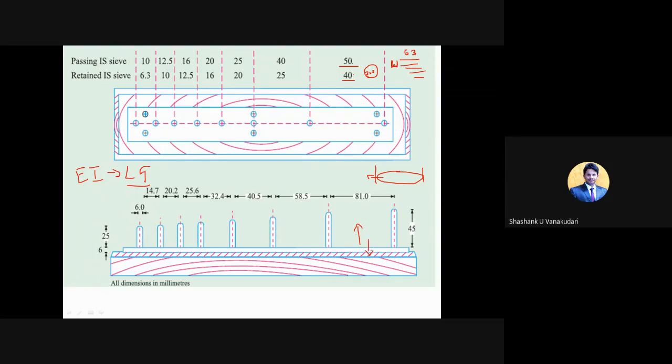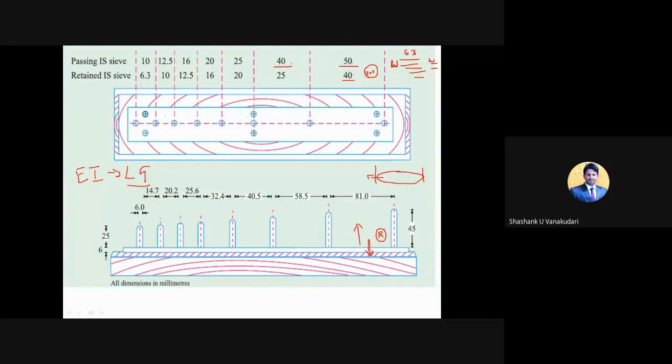In the thickness gauge, you used the passing materials. The only thing is here you need to use the retained particles. Some aggregates will pass, some will be retained. You collect the retained particles from this length gauge, and that you note down as small w. That is the only change between the two. One thing is that the instrument changes, and on the other hand, in the thickness gauge you collect the passing materials, and in the length gauge you collect the retained particles. Again, the retained particles you consider as per the sieve size.